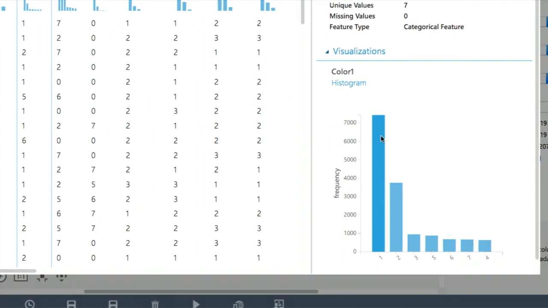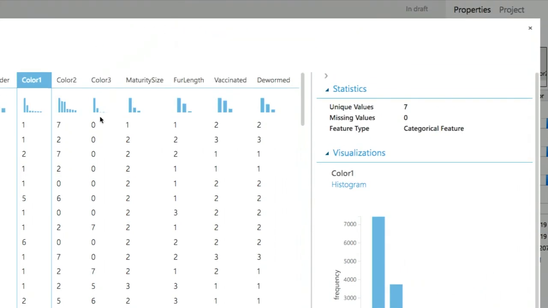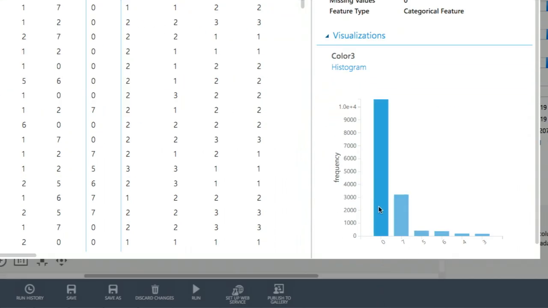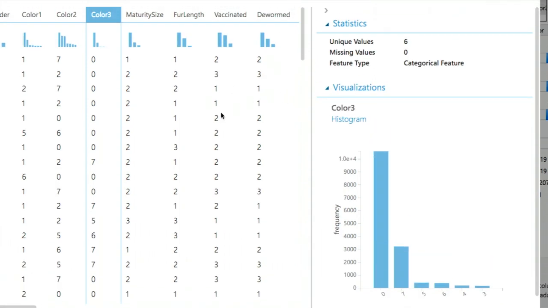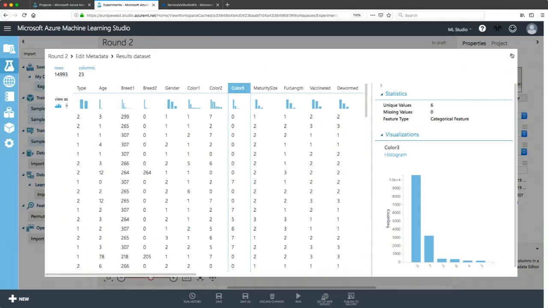I can see that the vast majority of pets have the color 1, whichever that means. I hope it's brown. We can see most pets do not have a third color, which may be a good thing, I think. And so on and so forth.